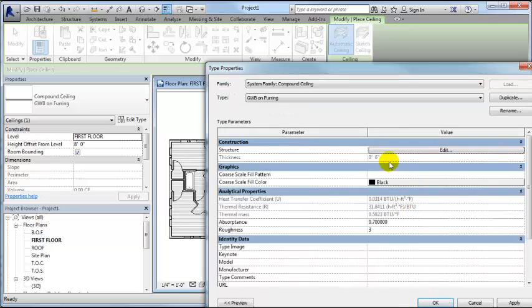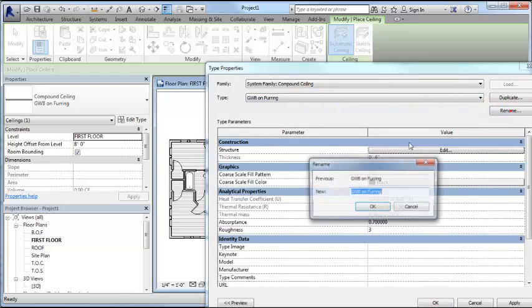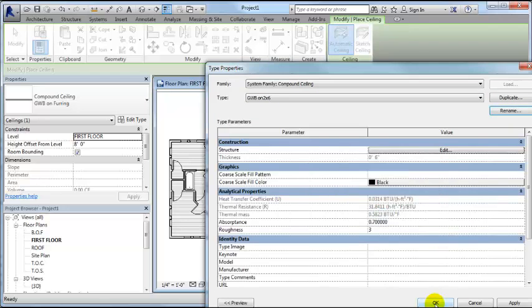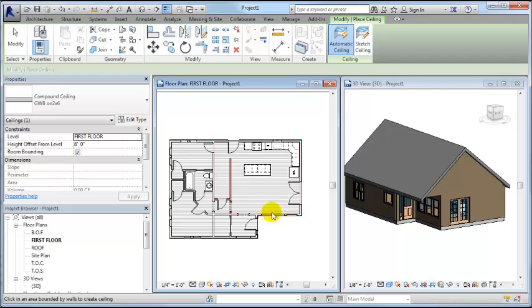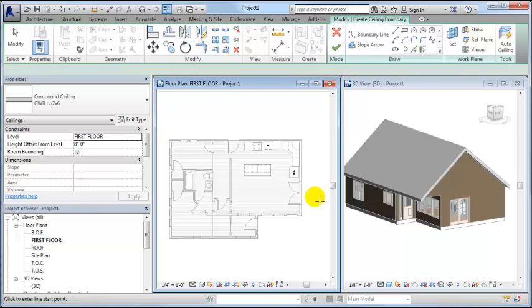So that should automatically change. The thickness is 6 inches. And I'm going to rename this gypsum wallboard on 2x6. And that makes more sense. That's a better description. Now I can use the sketching tool, use the walls, and I want to put